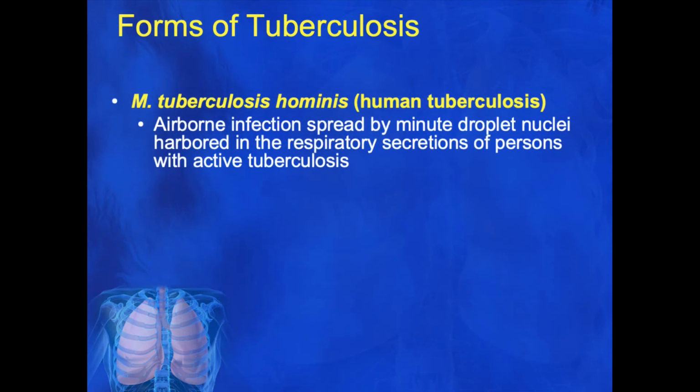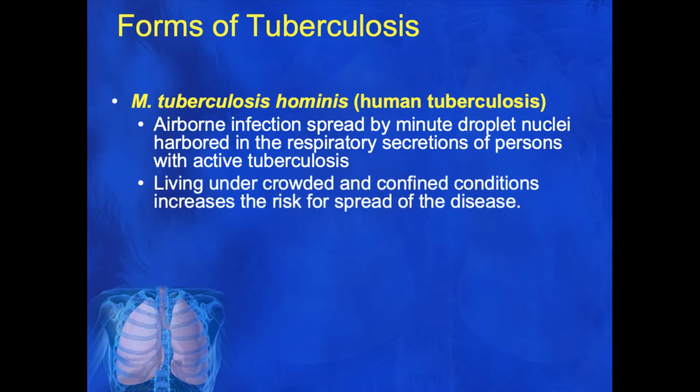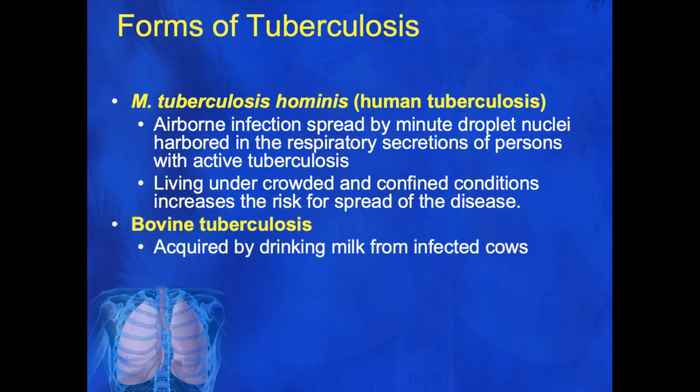One of the forms of tuberculosis we've been talking about is human tuberculosis, and this is tuberculosis hominis. It's the airborne infection by droplets. It's harbored in the respiratory system, and we already talked about you can get this by spreading the disease in crowded, confined conditions. But there's also bovine tuberculosis, which is what I want to talk about right now, and this